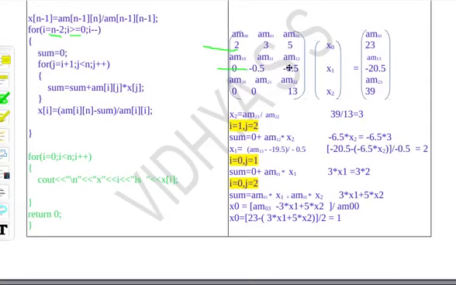After the diagonal element only one element is remaining, that is 1.2. So 1.2 into the corresponding x2 will be taken. So you will get the sum, that is minus 6.5 into 3, and take the last element of that row, that is minus 20.5, that is a[1][3], minus the sum value, divided by the diagonal element of that corresponding row, that is a[1][1], which is 0.5. So you will get the value of x1 there.